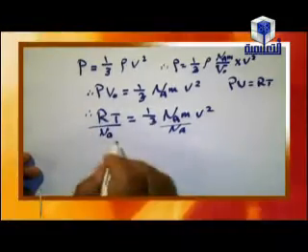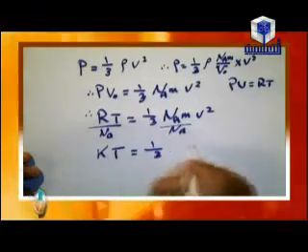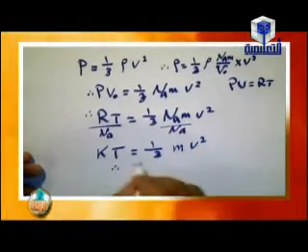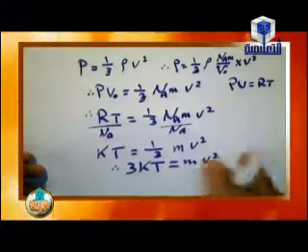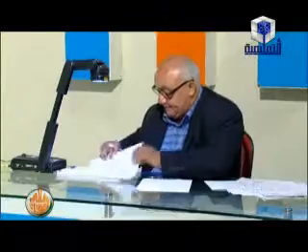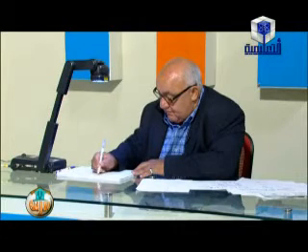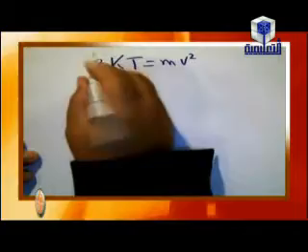R over NA is equal to K. Then KT equals 1 over 3 MV squared. Then 3 KT equals MV squared. Multiplying by half,